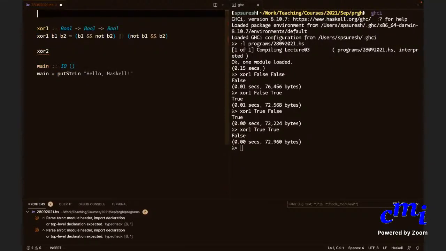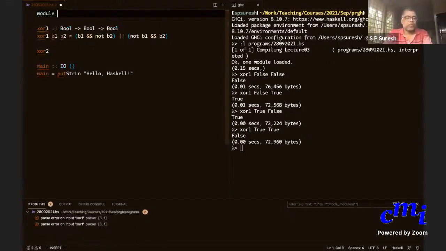What will happen? Oh, it says module header. Yeah, but for the 28 whatever also it's creating a problem. So maybe I should rename the file.